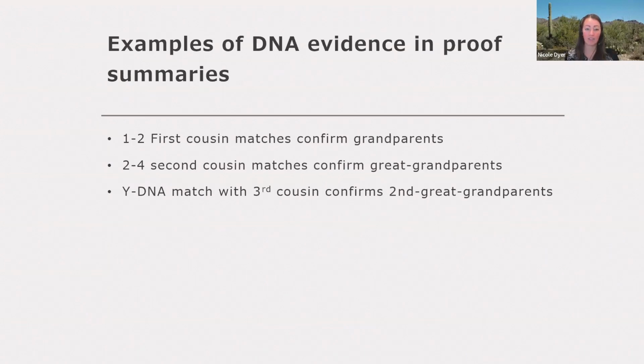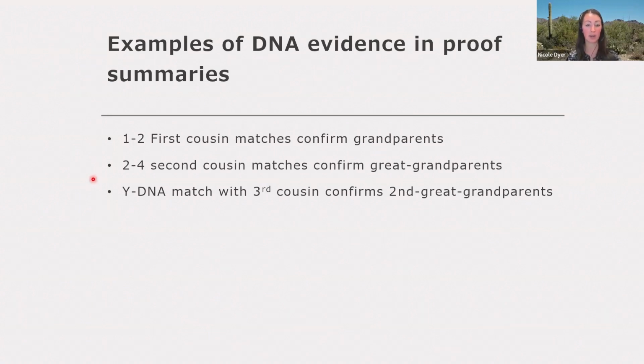So what type of DNA evidence would you include in a proof summary? I mentioned in the last slide that it would be uncomplicated DNA evidence. So that would usually mean closer matches and higher matches, ones that don't have challenges like multiple relationships or endogamy or sharing on multiple lines like that. So maybe you would have just one or two simple first cousin matches to help confirm the test taker's grandparents,